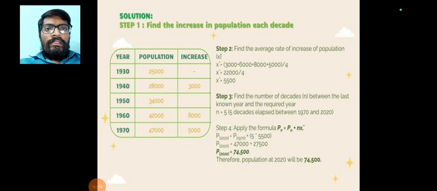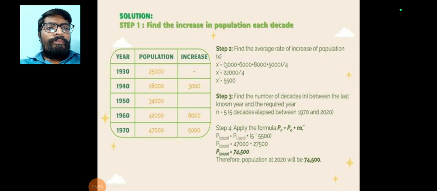So first of all, the first step is to find the increase in population each decade. In this process, the first step is to identify the populations P1, P2, P3, P4, P5. The next column is the increase in population. So I1 is equal to P2 minus P1, where P2 is 28,000 minus 25,000,